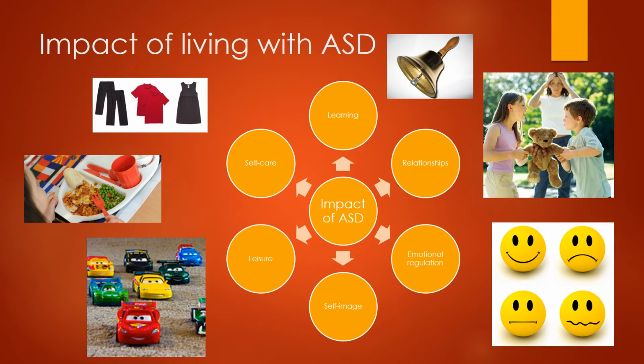Let's think about the impact of living with ASD. To start with, a child with ASD might have sensory sensitivities, so clothing might feel uncomfortable, food smells and tastes might be overwhelming, and noises might be startling and distracting. Bullying can be an issue, as the child may stand out as being different to their peers. It may impact on their self-esteem and mental health when a child feels ostracised from their peers. A child may equally be vulnerable and easily led and try to buy friendships.